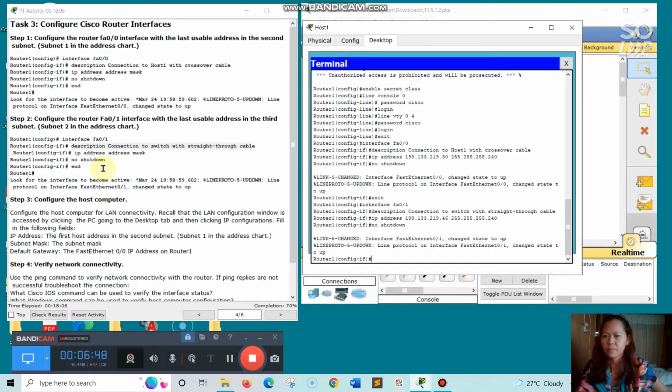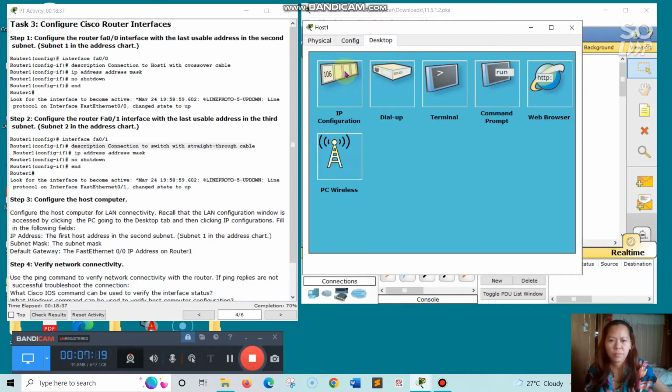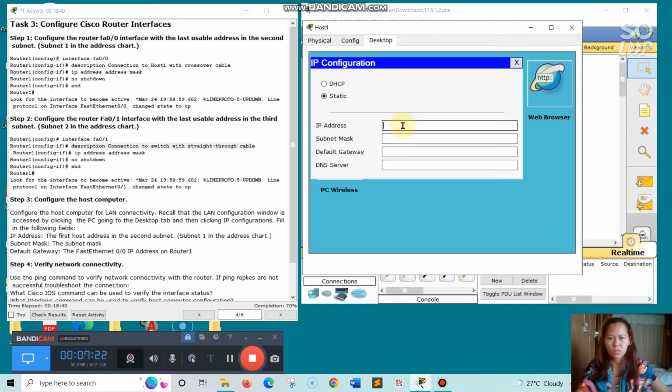Okay. So exit. Step 3, configure the host computer. Configure the host computer for the LAN connectivity. Recall the LAN configuration window is accessed by clicking the PC, going to the desktop, and then clicking IP address. Okay, so we're here already in host 1. IP address. So our first usable IP address is